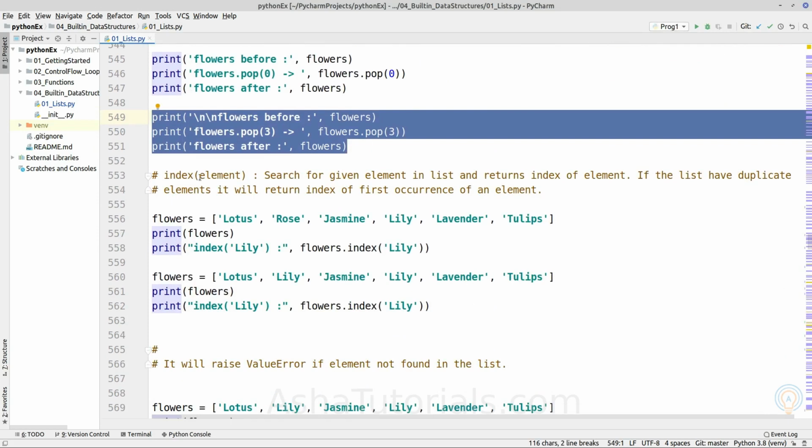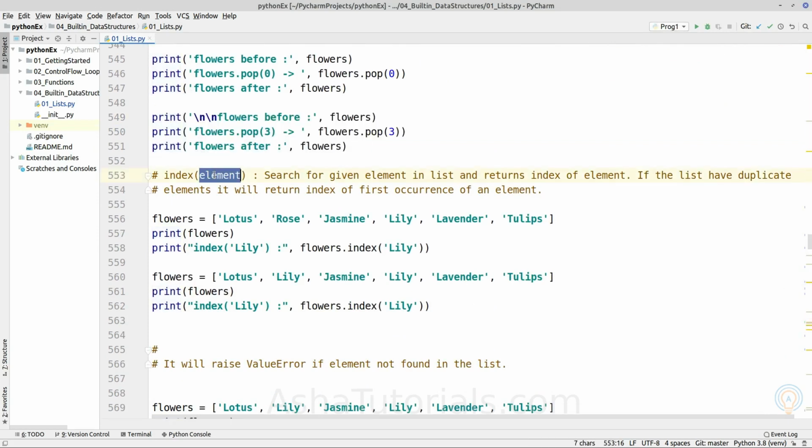Next method is index. It takes one argument, which is element, and returns the index for the given element. Okay, so if we want to search for this string object or this flower, so we will write flowers.index, and inside it we will give the element which we want to search.